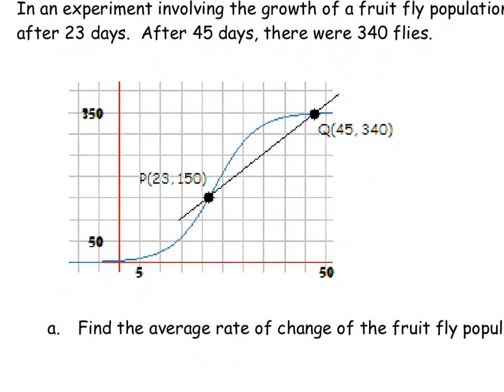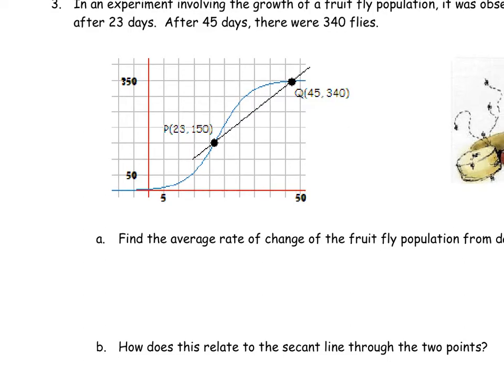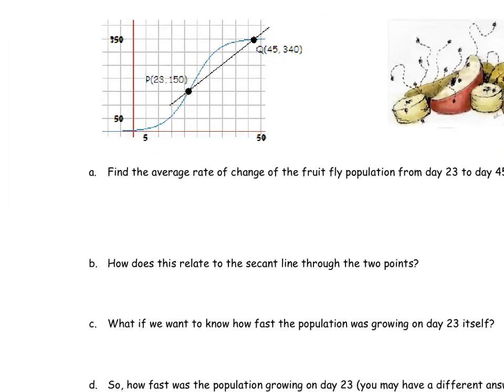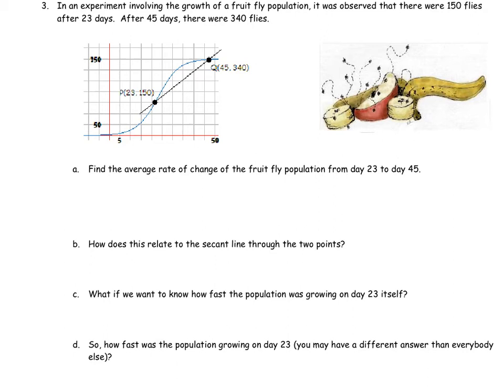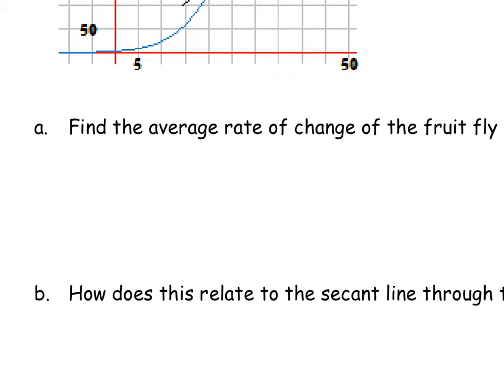Okay, part A on number 3. Number 2 just defines the secant line, which I already said for you. Average rate of change again. So same question as before. So you do 340 minus 150. It's just slope between these 2 points over 45 minus 23, which comes out to approximately